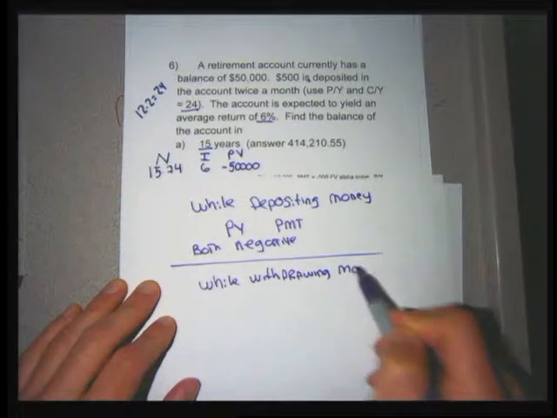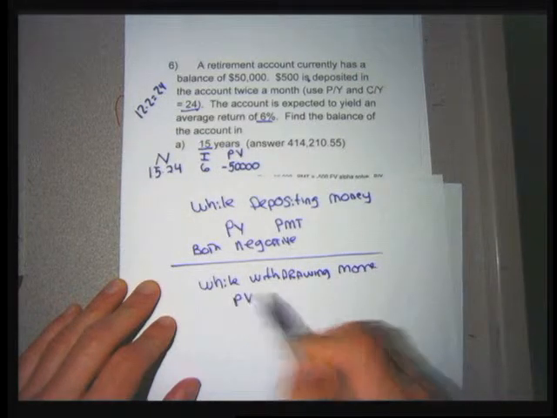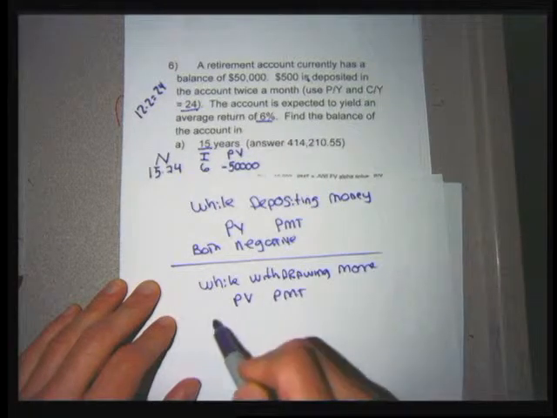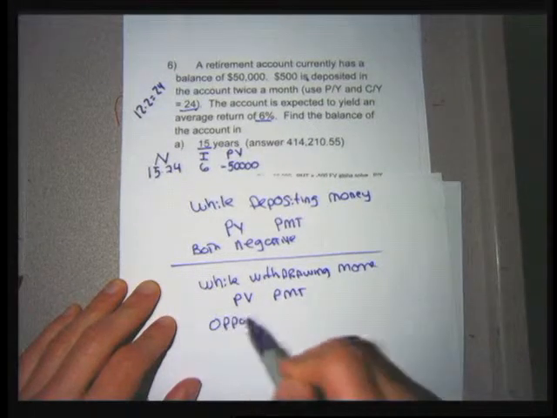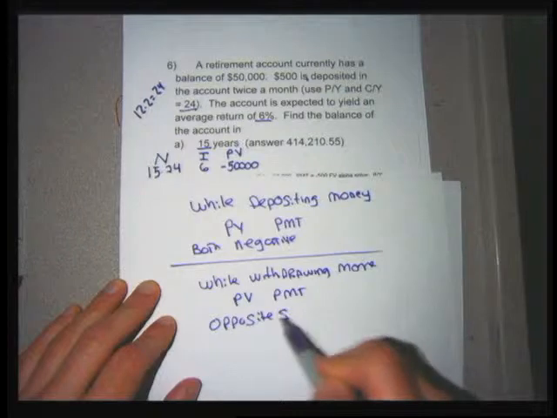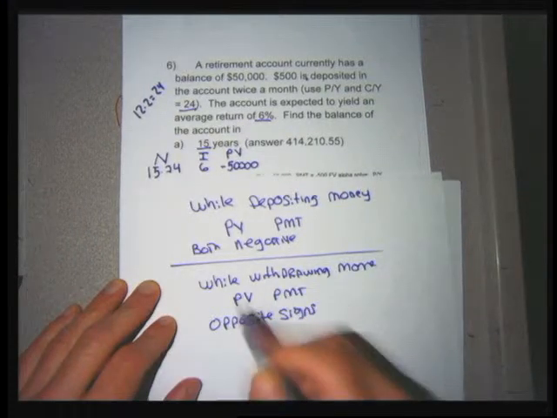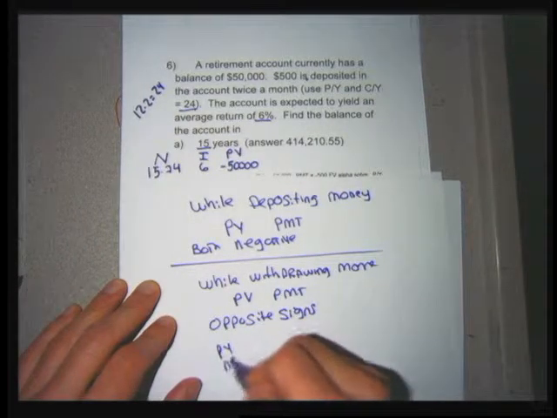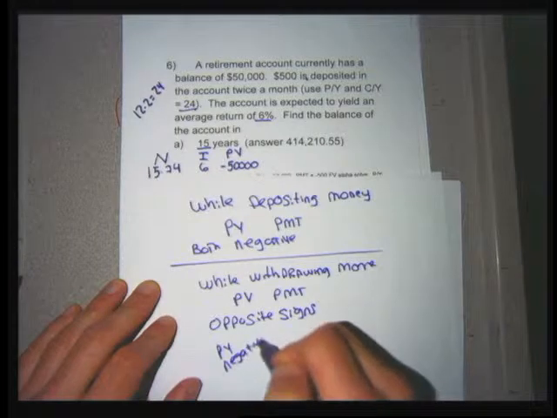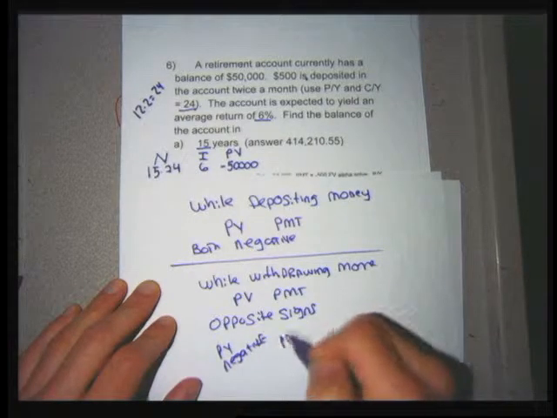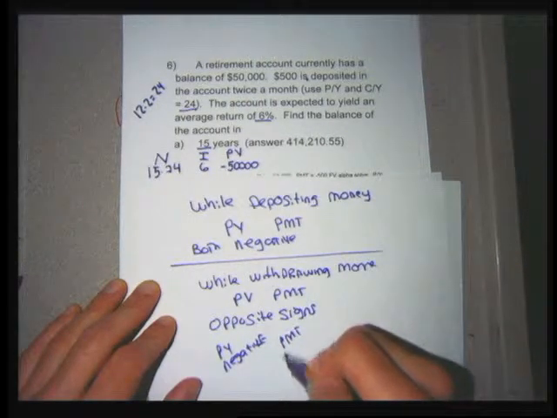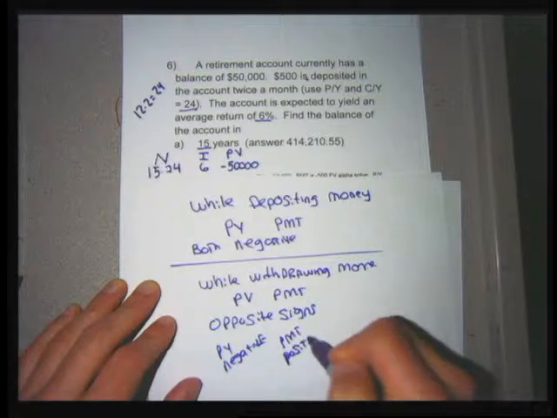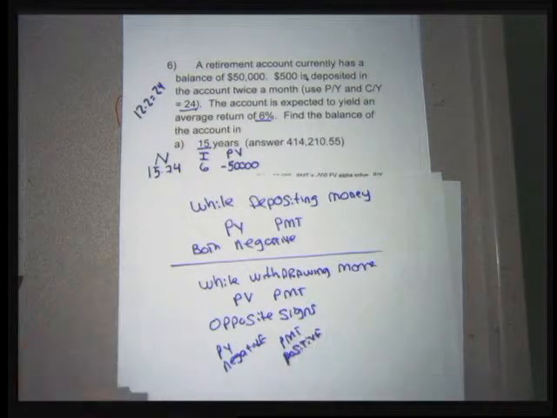While you're withdrawing money, the PV and the PMT need to have opposite signs. Usually, I'd make the PV negative and the PMT positive. When I'm withdrawing money, I'm paying money to myself, and when money's coming to me, it